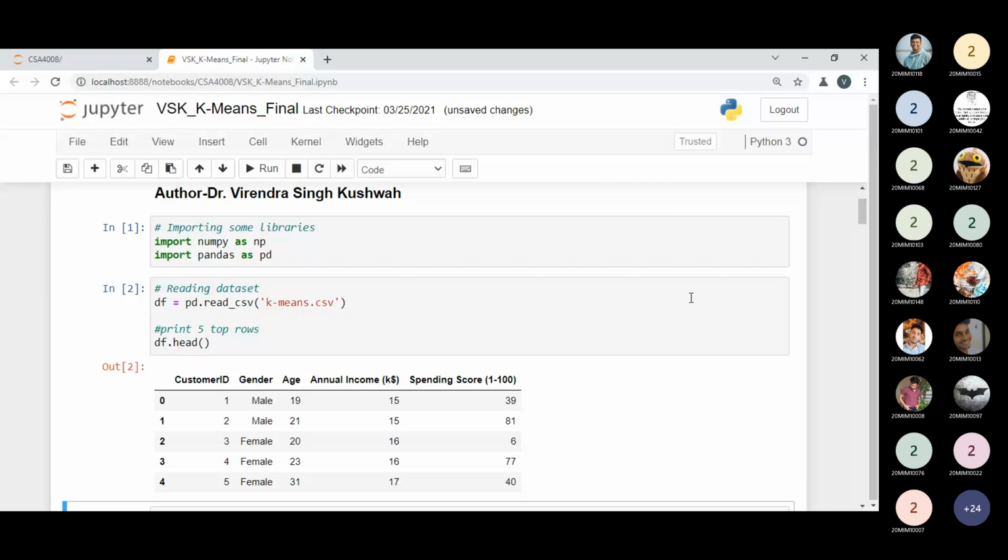Customer ID 1 2 3 4 5 we have, and gender we have male, female, and so on. And age we have respectively. Annual income and spending score are the two important features you can observe over here, on which I can make our cluster. Which features, which columns you want to cluster on, is a choice. So how many columns do we have? Customer ID, gender, age, annual income, and spending score. These are already given in our data set, so we are using them as they are. I'm not changing anything or replacing any variable or attribute name. I'm using the column names as given.